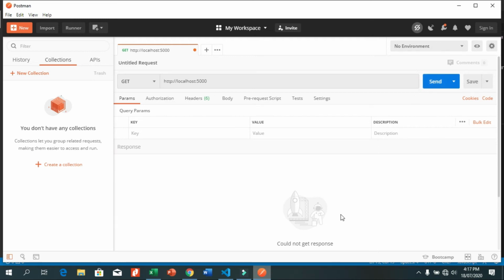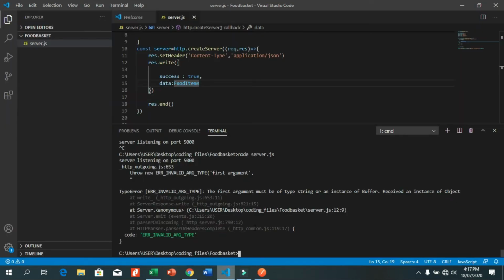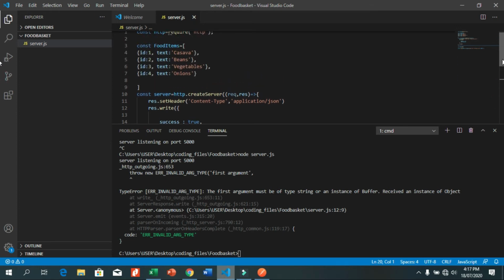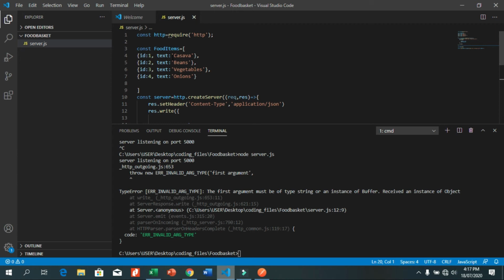something is up here. The first argument must be of type string or an instance of buffer. Now, the reason why this is like this is because JSON has double quotes if it's key or value. What I mean is, if you go back to this place, this is not really JSON. This is actually a JavaScript object and it's not exactly JSON. Now, to resolve this,